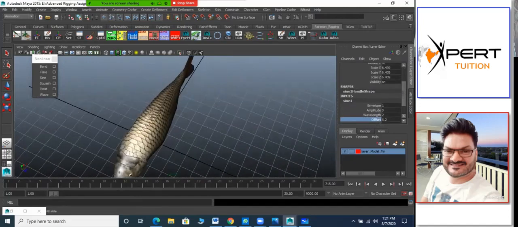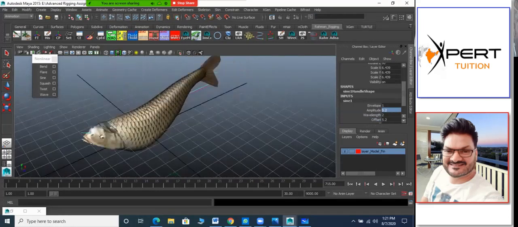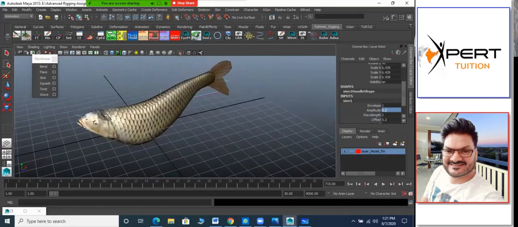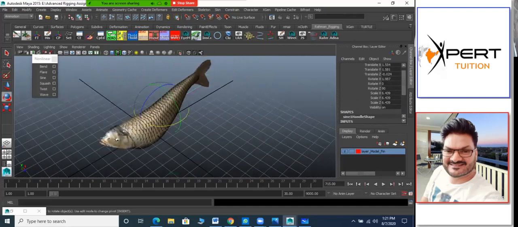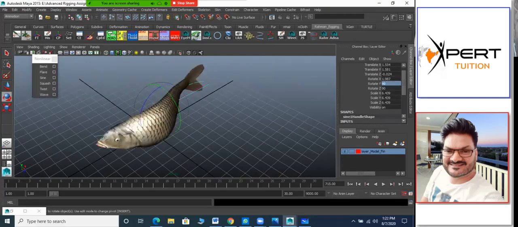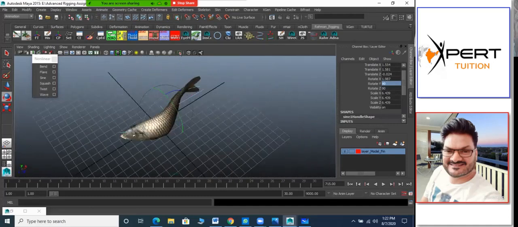And magnitude and amplitude I have not given. So maybe I can give magnitude a little bit. Magnitude or amplitude mean the same. So 0.2 something like that. It's deforming the wrong way, but that can be rotated and fixed. So for that rotation I have to identify what the rotation axis is. Y is the rotation axis. Sideways I want to rotate it. So I can type here 90 degrees. So you see that it exactly got deformed like that, right?